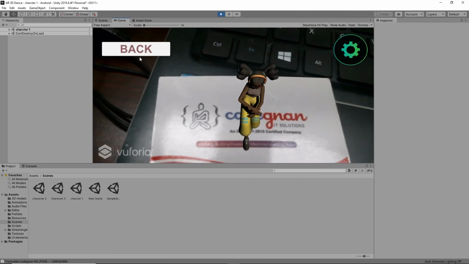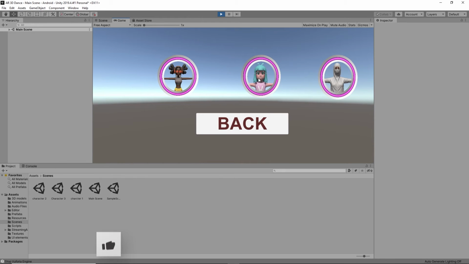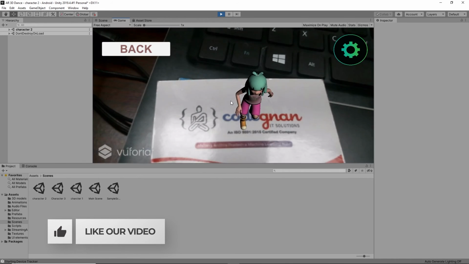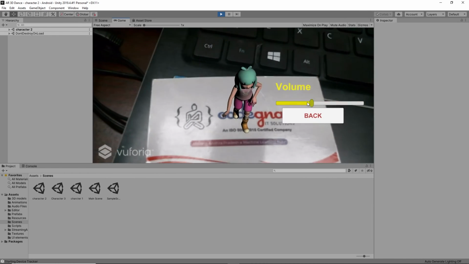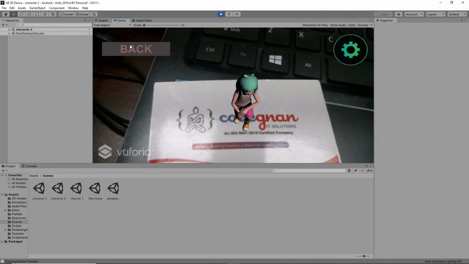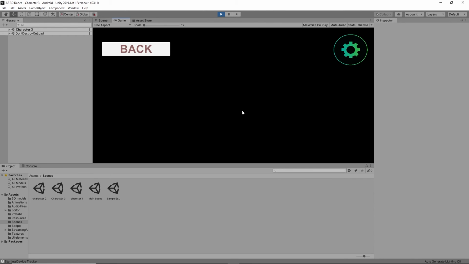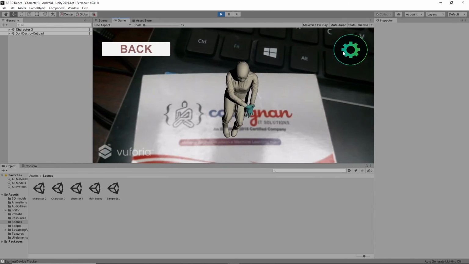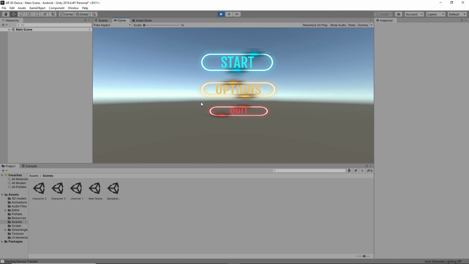Go to the back menu, it will be like this. If I open this, all UIs are disabled. Now if I click on back, it works like this. If I go to the third one, see here, this one is also good. Now if you go back, it will go to the main scene.